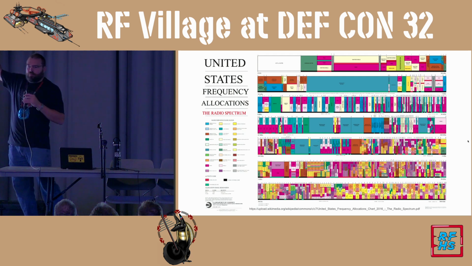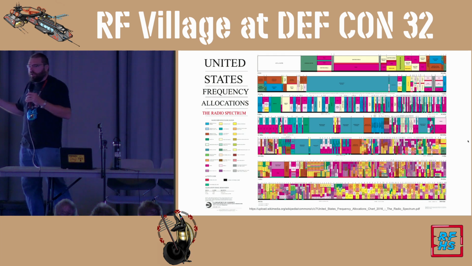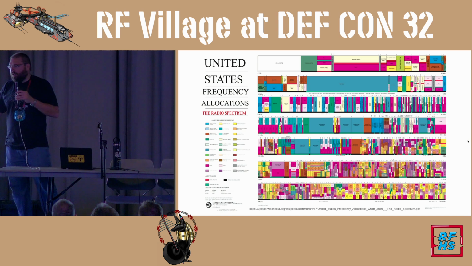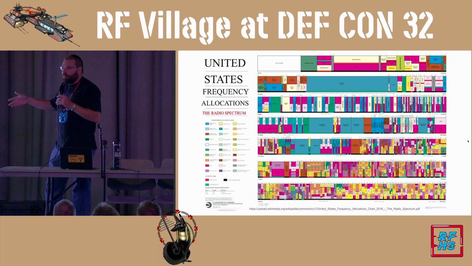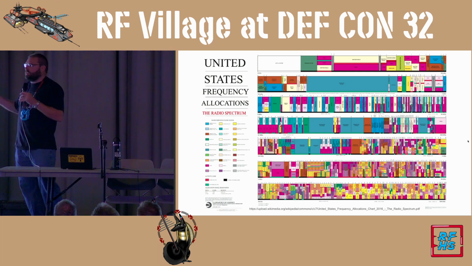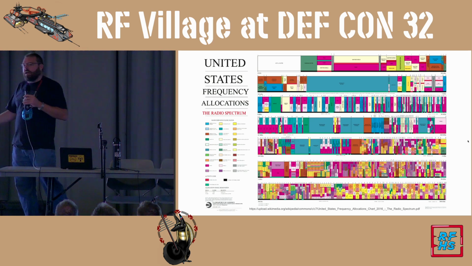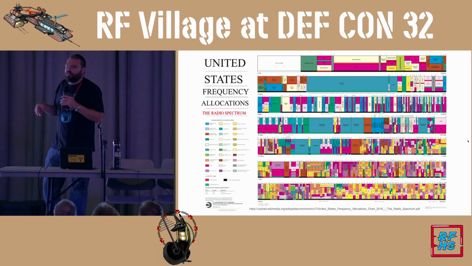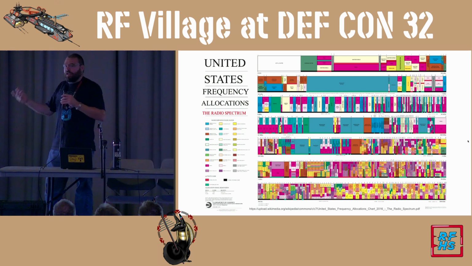You can't transmit 1,000 watts in some bands, or do certain things, but the ISM band is a really good way to say, we have this low power device, this wireless doorbell, this key fob, this medical heart rate monitor in a hospital. It just needs to talk to the nurse's station. You don't need an FCC license for all that. ISM bands are a great place to look for things like this. So the 430 megahertz band is a great place, and 900 meg. Get to know the ISM bands, because these guys up front are probably going to be transmitting in some of those locations, license free. Or some of us are also licensed ham operators, so look in the ham bands.